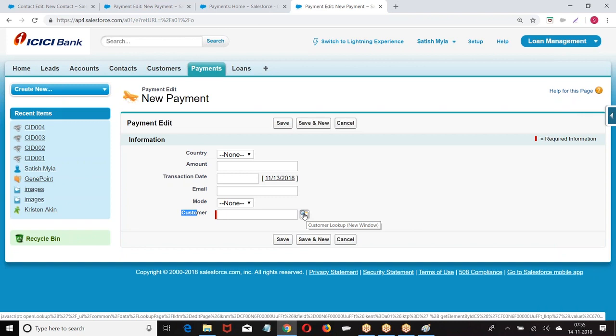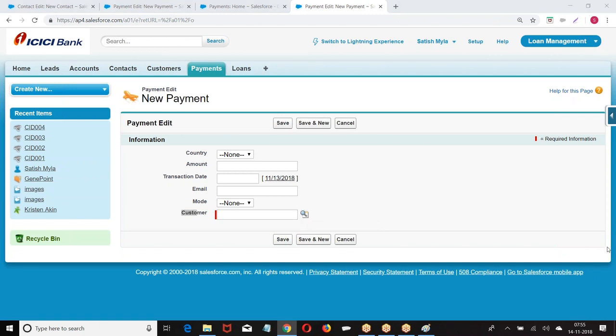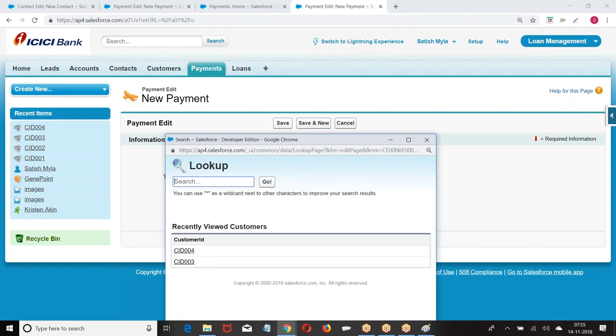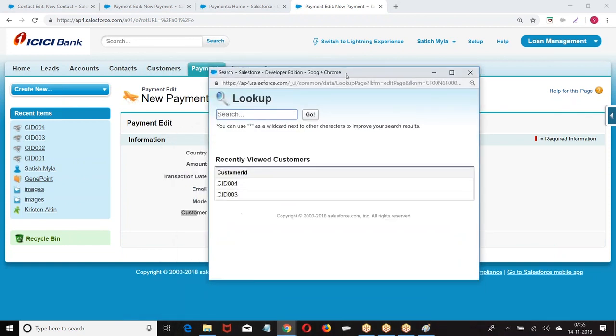To choose your parent in the master detail field, I have to choose one of the master. When I click on this, we are able to see a list of records. Which records are you able to see?